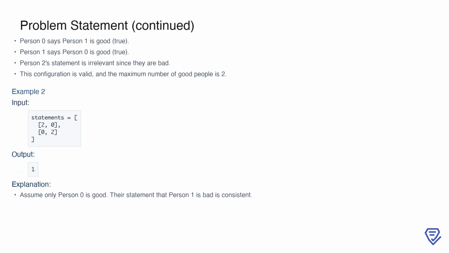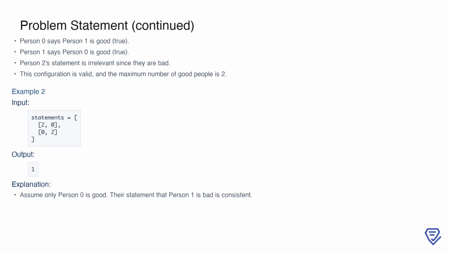Now, let's examine another example where the statements array involves 2 people. Here, if we assume that only person 0 is good, their claim that person 1 is bad is consistent with the setup. Since person 1 is bad, they can make any statement, and it will not affect the consistency of the good person's claims. With this configuration, the maximum number of good people is 1. This shows that the problem revolves around carefully selecting subsets of people to be good while ensuring their statements remain